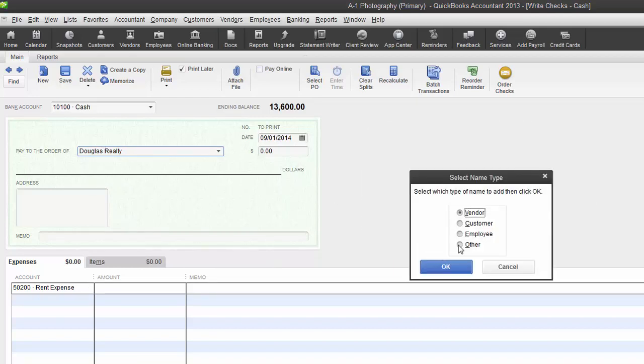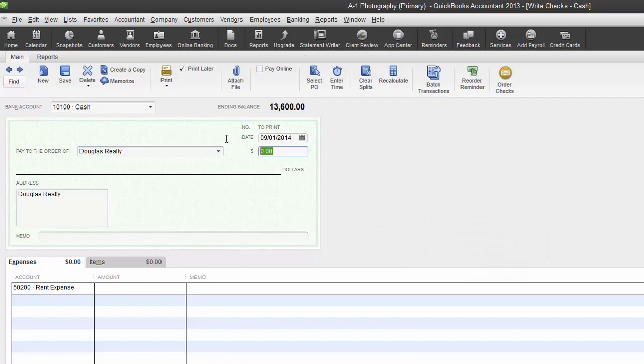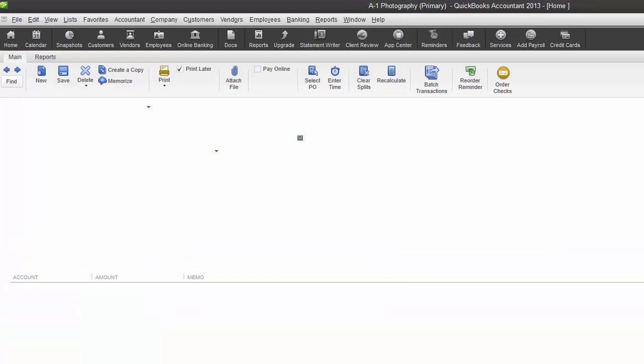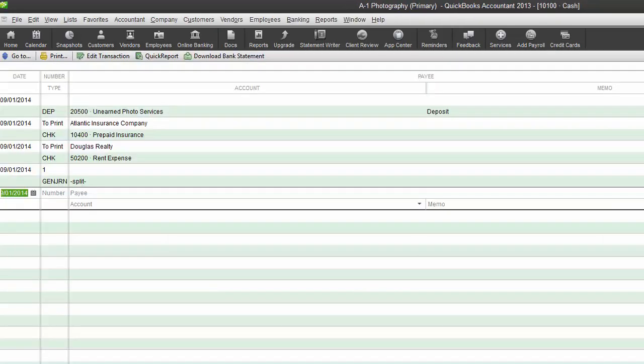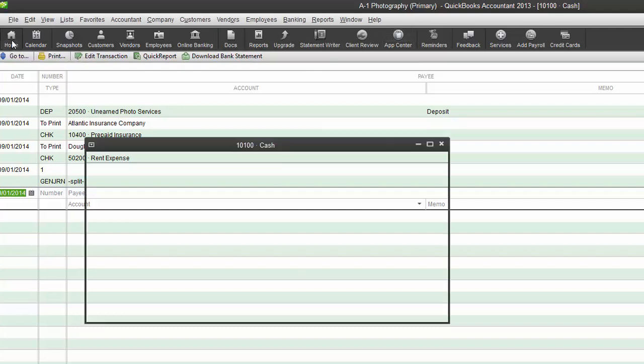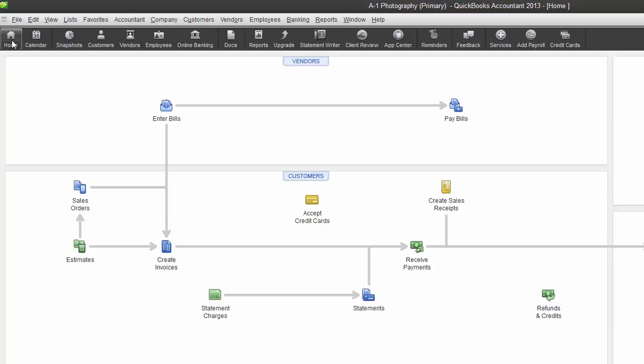And at any time, if I'm going too fast, just pause the video. Let's make sure, yep, still okay. Save and close. And so now I have a deposit, 2 checks, and a deposit. So I just went into my check register. Okay. So now,